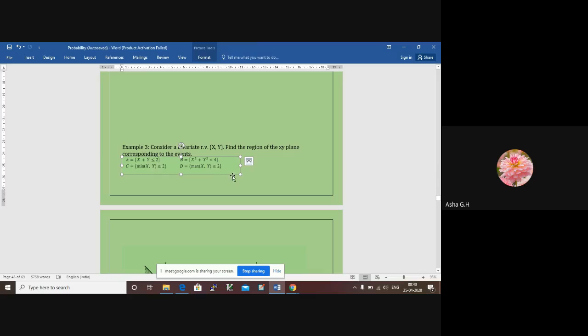These equations can be changed in any way. It can be a sum, a subtraction, the square of two random variables, or the minimum or maximum value. I want you to take a simple example of 4 to 5 random variables in the x direction and 4 to 5 in the y direction, and try to find x plus y less than or equal to 2, x plus y greater than 2, x square plus y square less than 4, greater than 4, minimum of x comma y greater than or less than 2, and similarly maximum of x comma y greater than or less than 2. If you practice this, it will help you solve most of your questions.